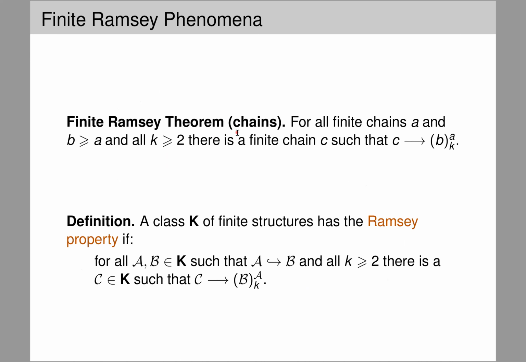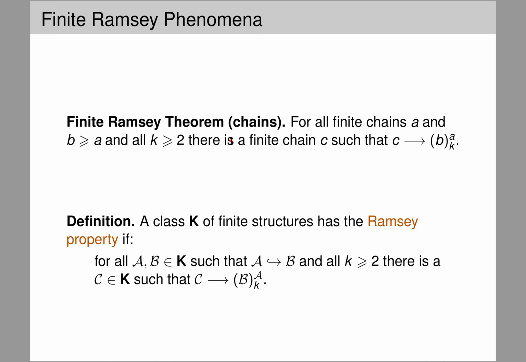So instead of working with sets and subsets, we can work with embeddings of chains and get the same result. This seems a trivial switch of the language, but it enables us to go one step further. And this step was made in the 1970s,